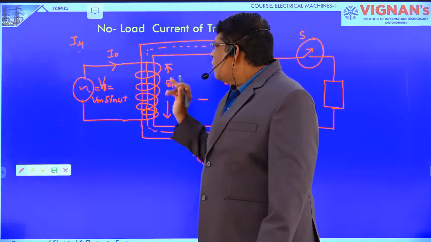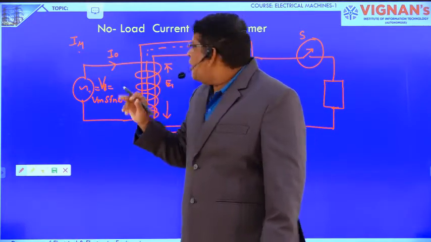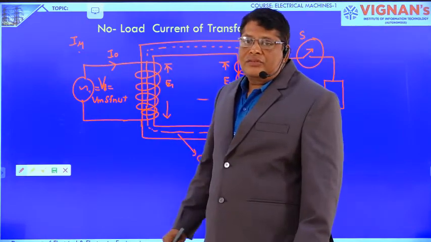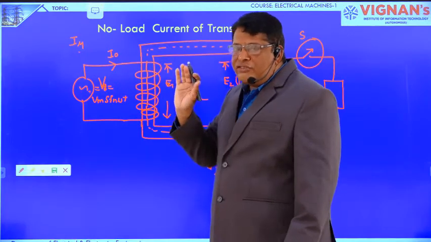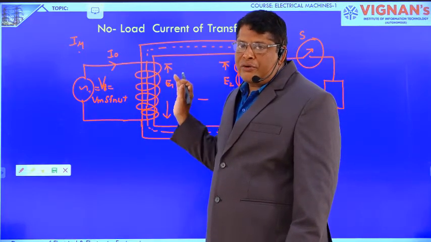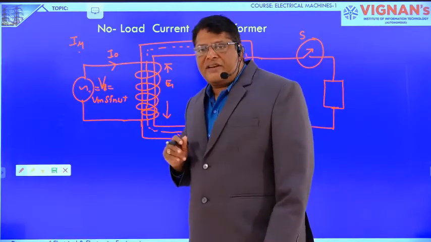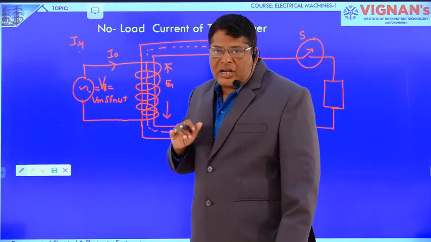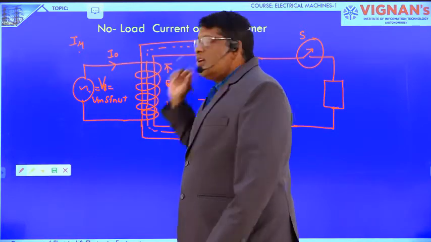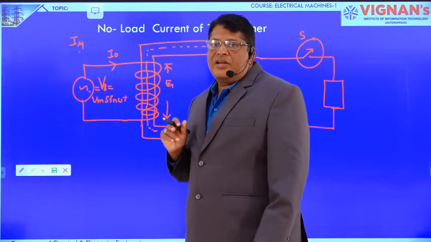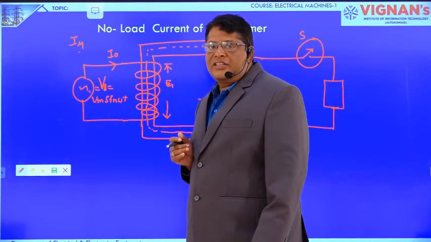One more current is also taken by the transformer, to meet the core loss that occurs in a transformer. In the core, a sinusoidal flux is flowing. Whenever sinusoidal flux flows through the magnetic core, there is a rate of change of flux linkage, so there is eddy current loss. The core is also subjected to magnetic reversals, so hysteresis loss also occurs in the core. The sum of hysteresis loss and eddy current loss is the iron loss.